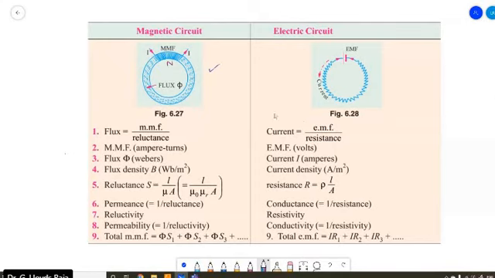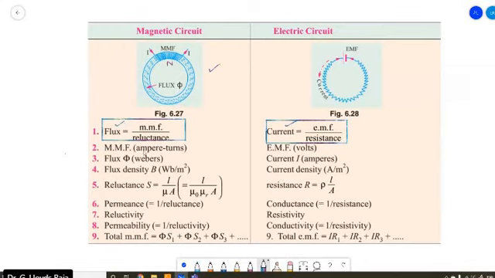And here I have put before you Ohm's law in the case of an electric circuit, where you have a battery connected across a resistance. The current will be nothing but EMF divided by resistance. In the same way, in the case of a magnetic circuit, the flux will be MMF divided by reluctance. So here it is resistance, here it is reluctance, here it is EMF, here it is MMF. Here it is current and here it is flux.